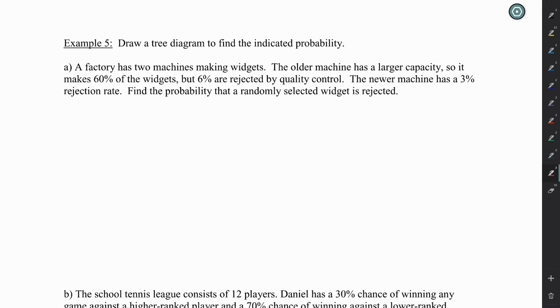The older machine has a larger capacity, so it makes 60% of the widgets, but 6% are rejected by quality control. The newer machine has a 3% rejection rate. Find the probability that a randomly selected widget is rejected. So we have two machines. We have an older machine and a newer machine. So for the older and the newer,